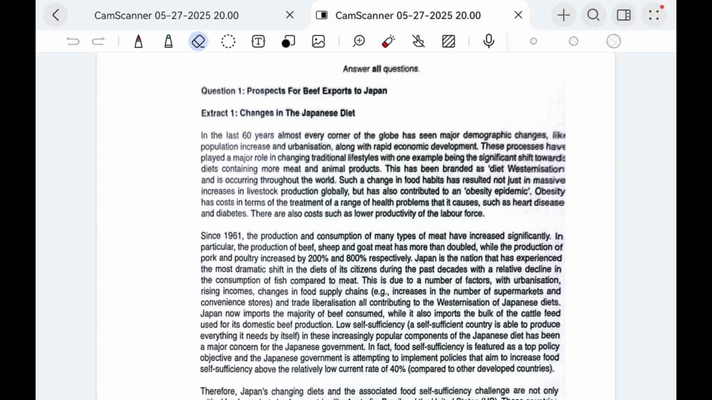We will explore this case further and then see how this could be done. Okay, so as mentioned, for the first step, you should always read the title of the question and the abstract to get a sense of what the concepts may be. In this case, we see question 1: prospects for beef exports to Japan. Okay, this is a pretty broad